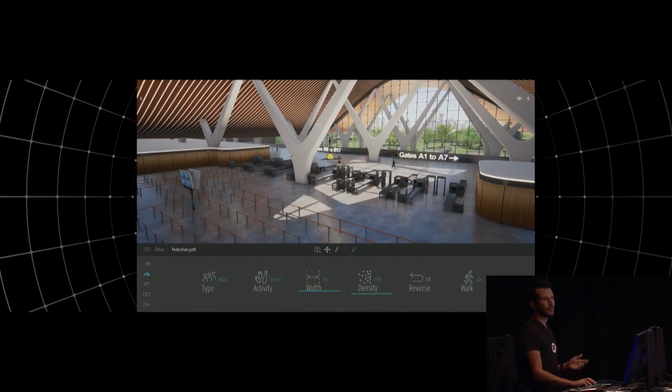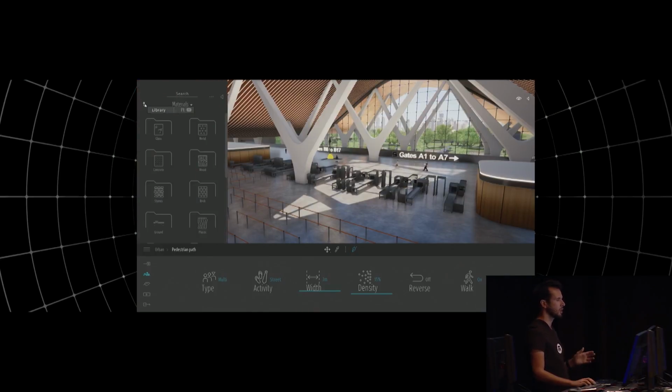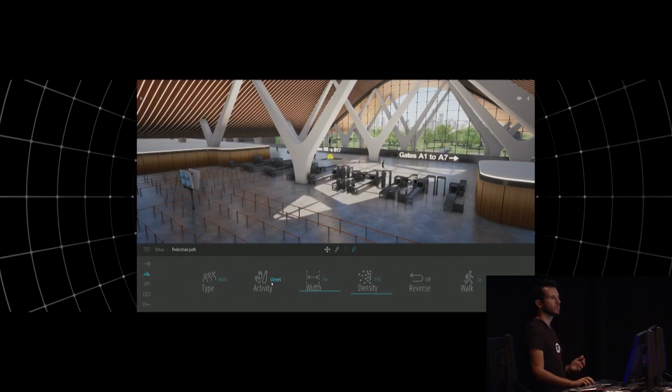When we designed the software, our main goal was to create a simple tool with a really friendly UI. So it consists of 3 major panels. The first one on the left is the library that is native to the software, where you will find all the materials, the people, the vehicles, etc. At the bottom of the screen, we have what we call the dock. It's basically where you have all the options and the settings. Like here, my path is still selected, so I can change the type of people, their clothing, the width of my path, or even the density of people.